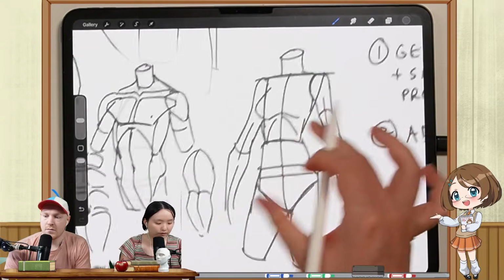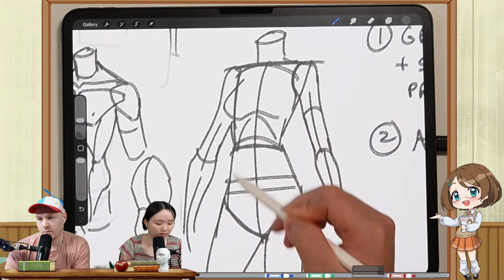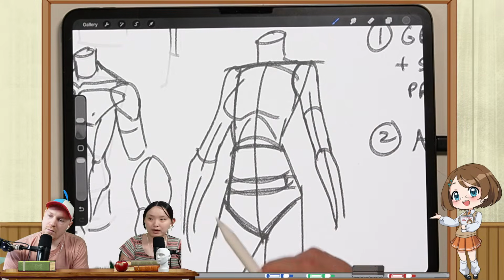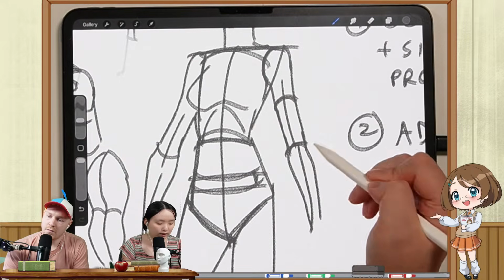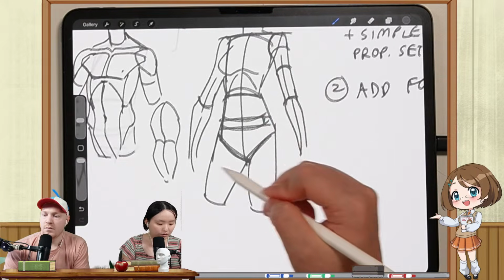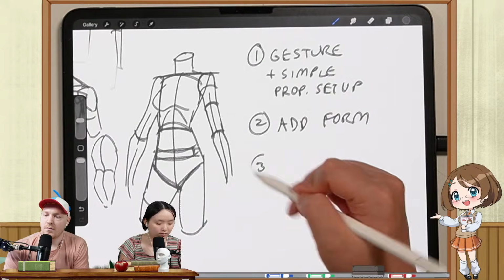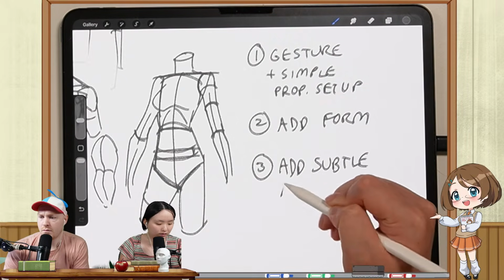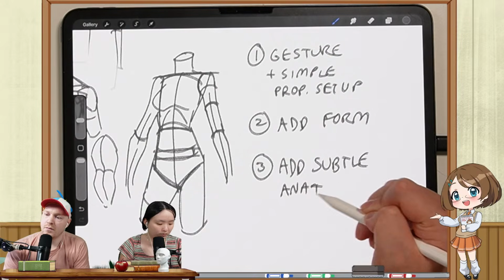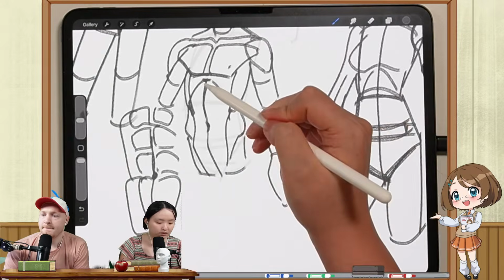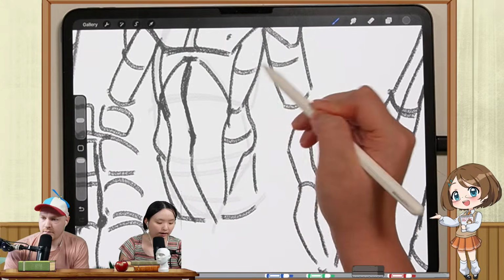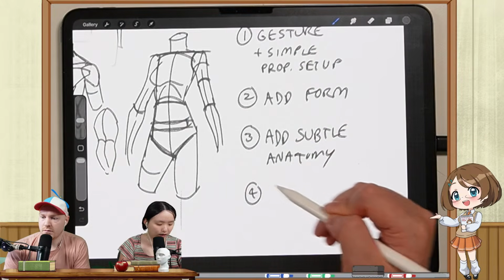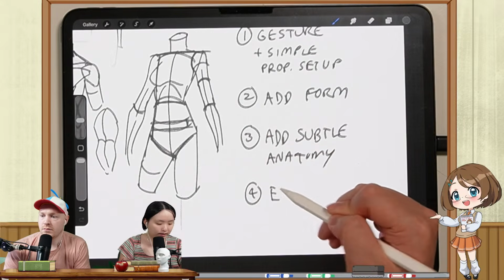So that includes stuff like, oh, is this a cylinder? Can I simplify the pelvis to a cylinder or to a box? Can I do the same thing for the rib cage? Adding volume, right? Showing the cylinder of the arm, cylinder of the legs, and then, you know, add subtle anatomy. Stuff that shows the form. So abs is perfect. Showing what side of the body you are turning, right? And then 4 would be extra form lines. I always like adding extra form lines